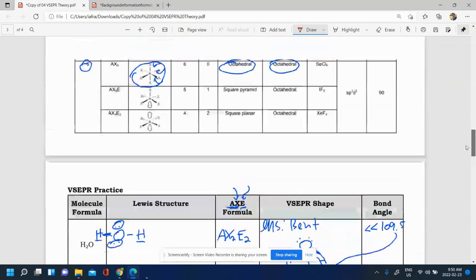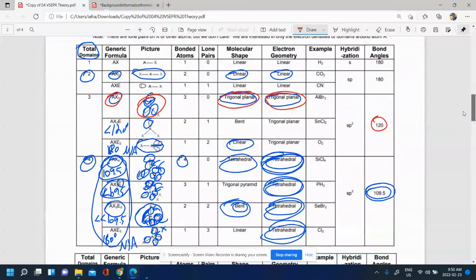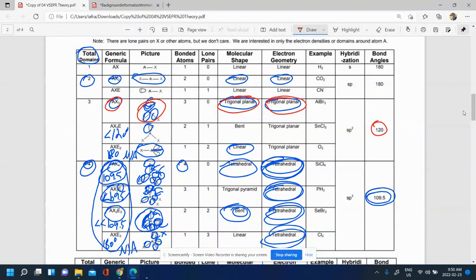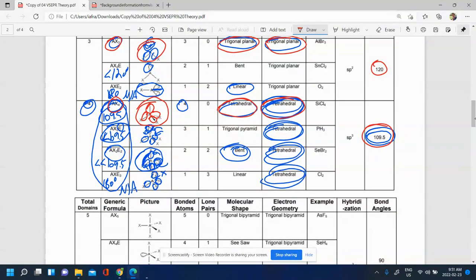And if you look at your VSEPR chart, the AX4 molecule is right here, 4 regions. Let's erase this so we can see what's happening here. It's a 3D shape where we have some bonds coming out, some bonds going behind, and then some on the plane. And that's a tetrahedral electron arrangement, and therefore a tetrahedral